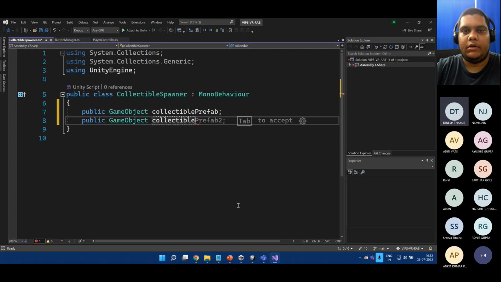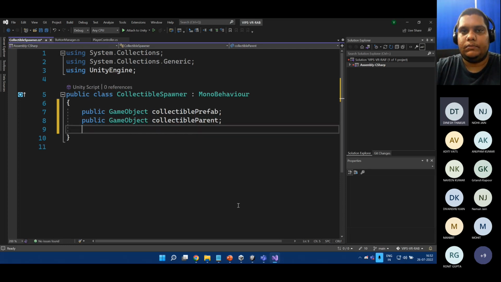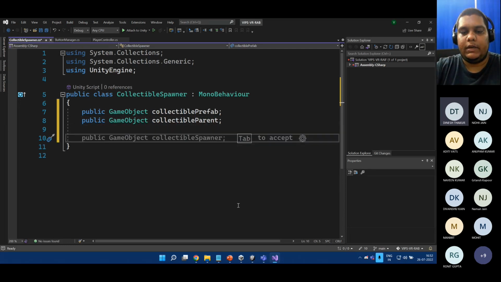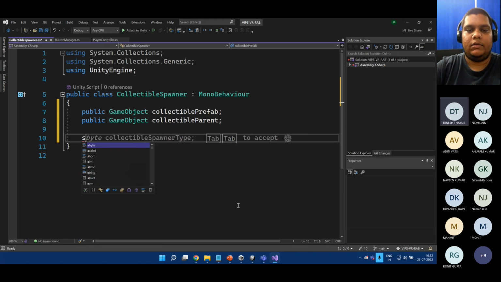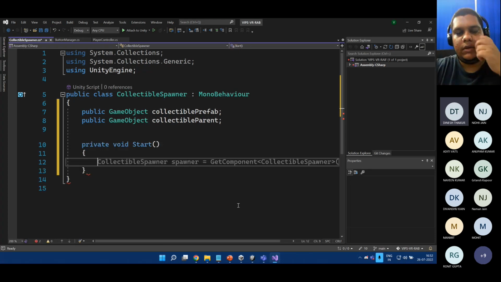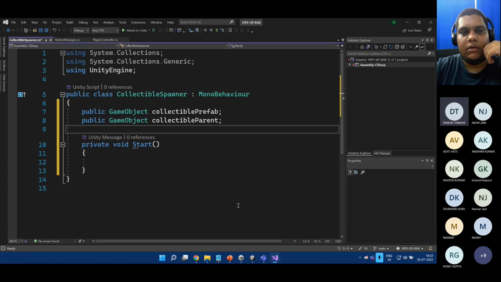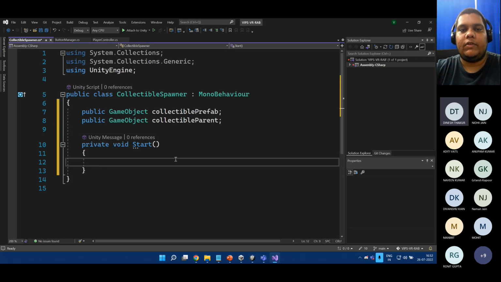And one would be collectible parent. And then we'll create the start function. We want to basically instantiate all the prefabs in the start function itself,